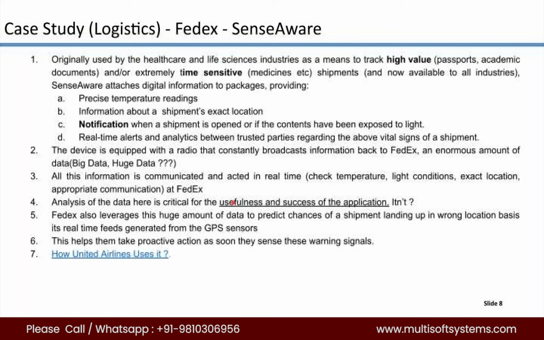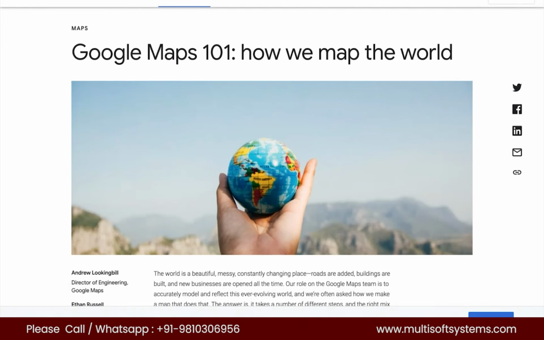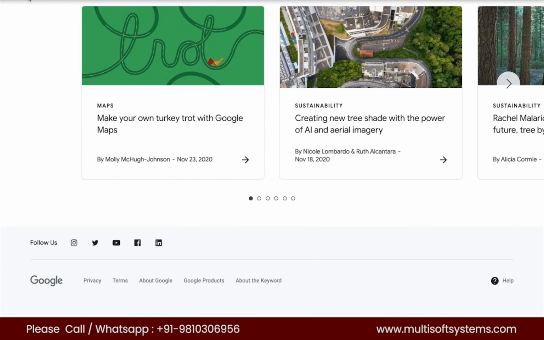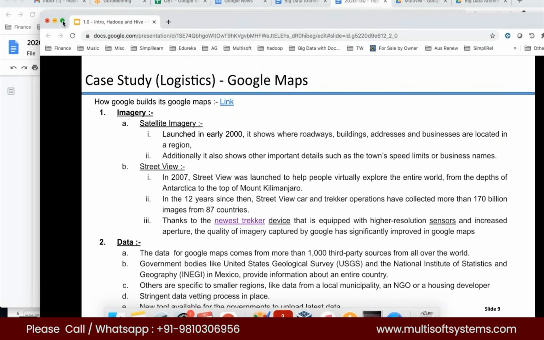I've already told the details of the slide, so we won't go to it right now. We'll probably come here, right? So I went to the Google website to collect this information. I put the link over here. Click on the link. It should open you the 101 from Google itself. Here is how we map the world. Right? It's a long article, right? You can read it at your leisure whenever you want, but it's very interesting to read. I did this in January sometime this year and found it to be very useful.